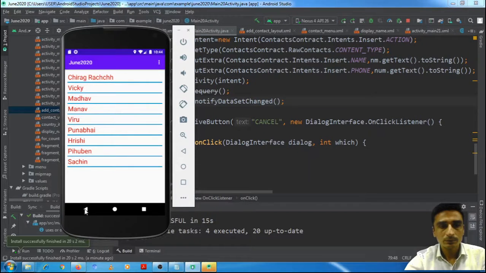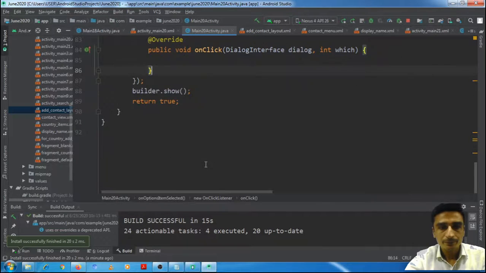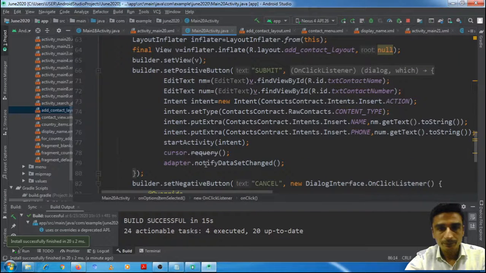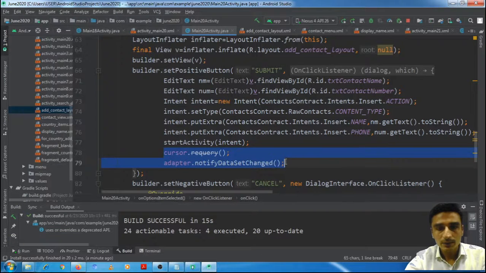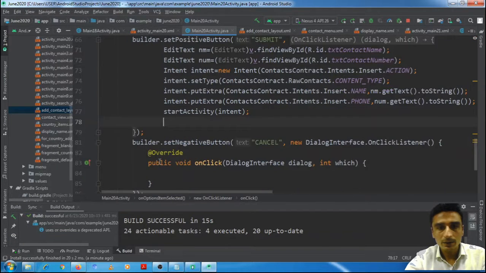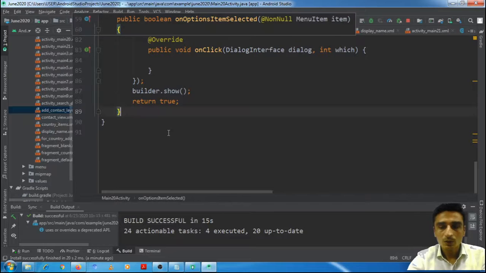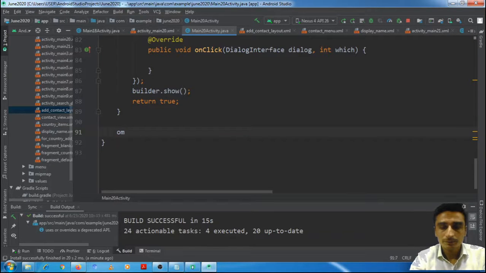Record saved. Still it is not reflecting in the underlying data source. We should call this in onResume.